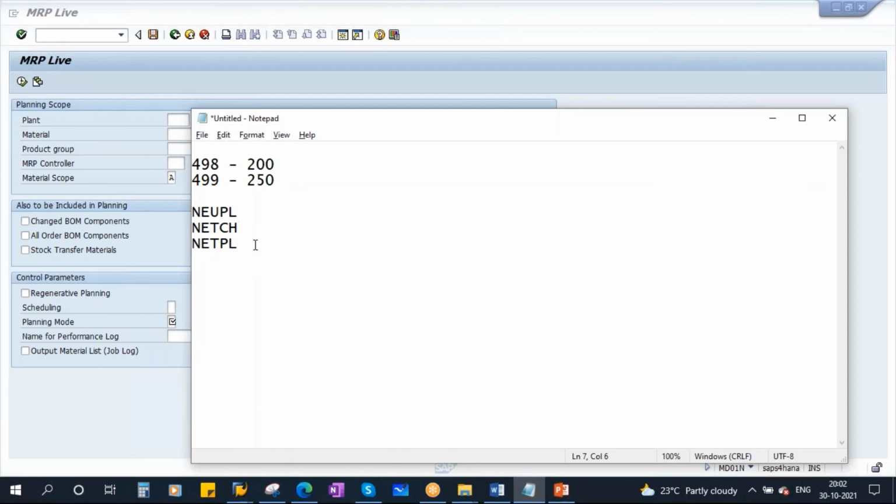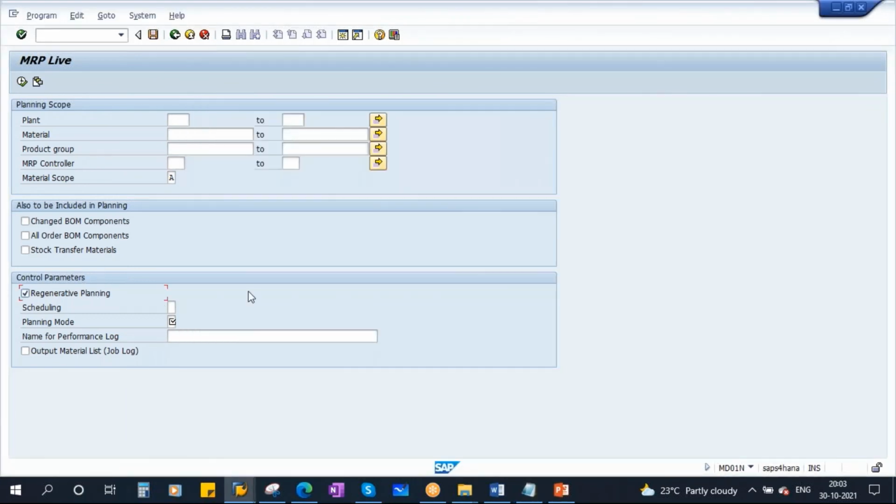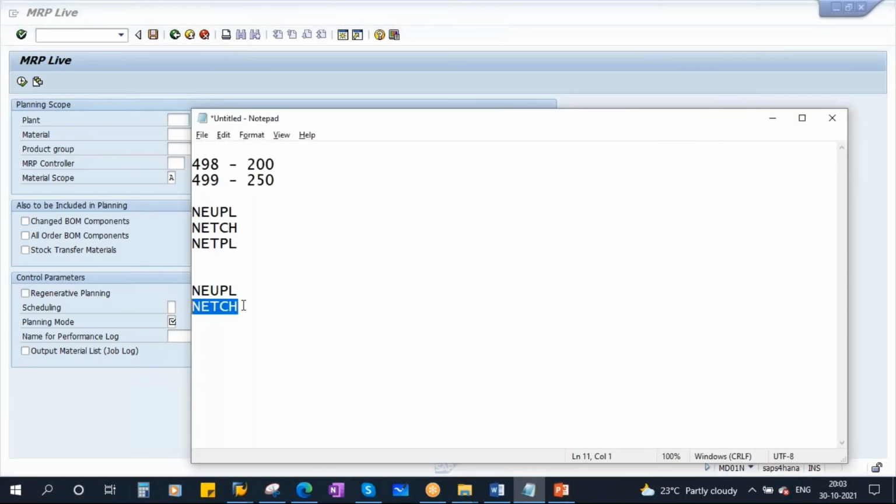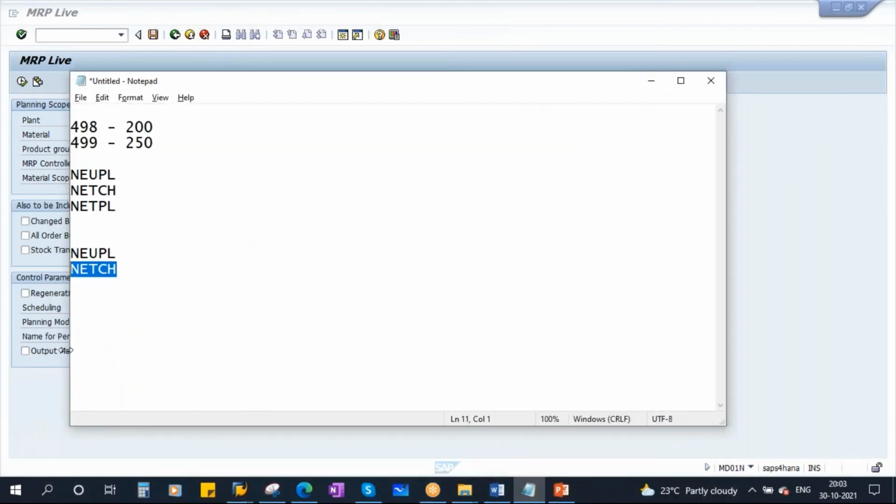But in S4 HANA you now have only NEUPL or NETCH. If you want to do NEUPL, you have to select the regenerative plan. If you are not selecting it, by default it is assumed to be NETCH, total horizon. So that is one change.